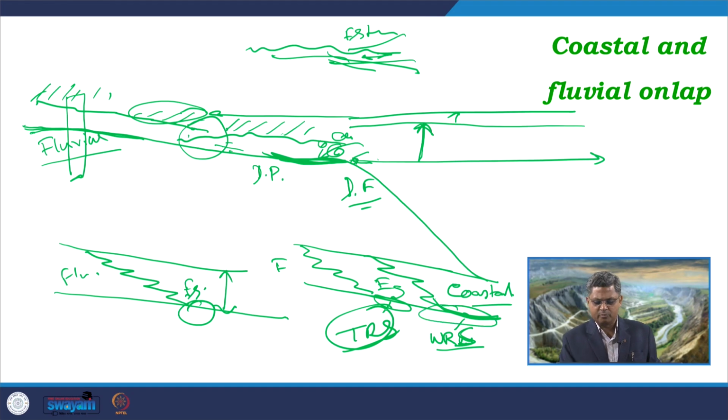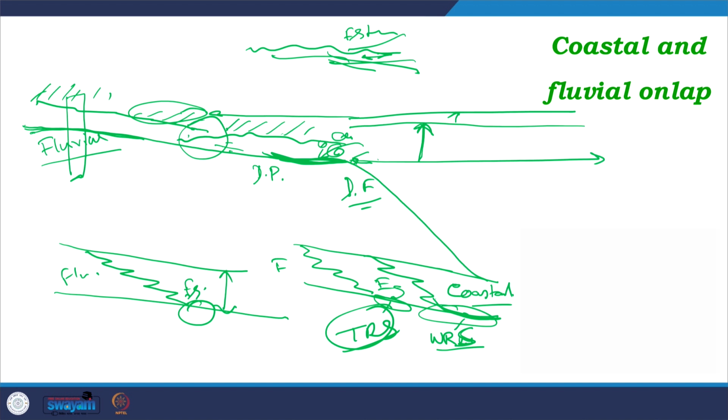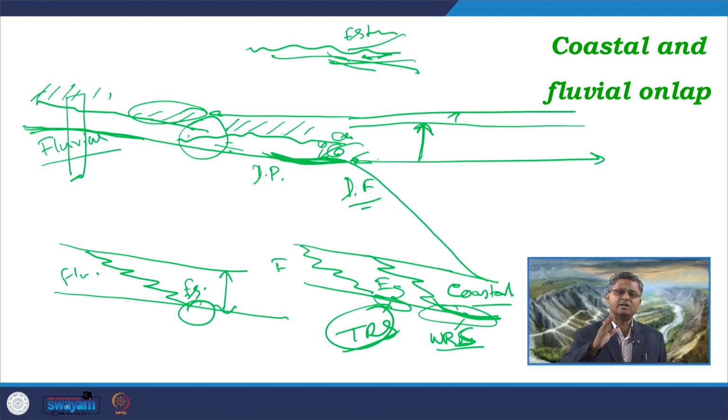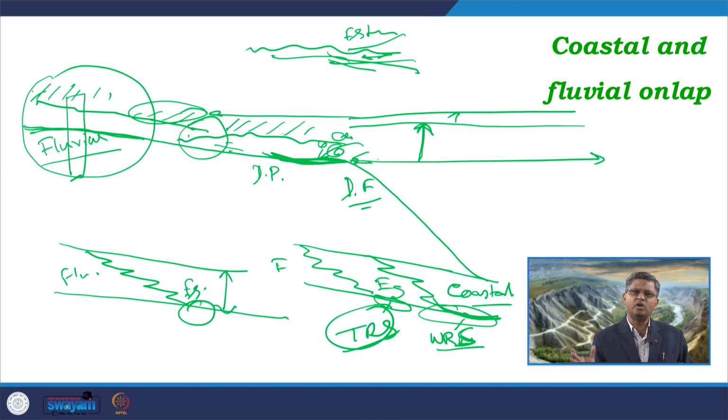Whereas the wave ravinement processes will be dominantly concentrated in the outer part, towards the outer side, more towards the shoreline area, where we can expect it is overlain by either the estuary mouth bar area or the coastal sediments which are deposited during the late phase. So, the fluvial onlap is concentrated mostly in the fluvial part, showing overall retrogradational pattern, and that will be sharply transitioning into the estuary system, which earlier during the LST phase was associated with a deltaic condition.